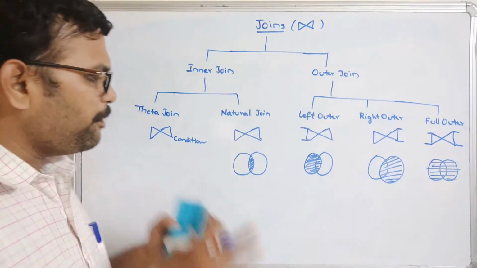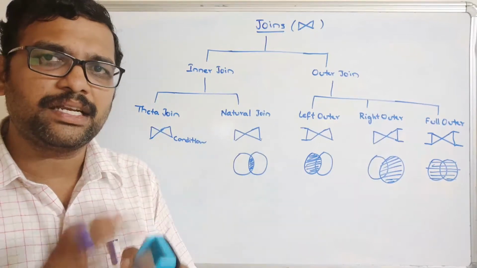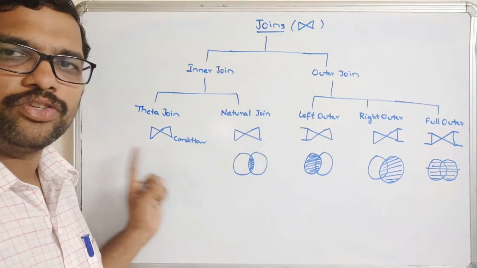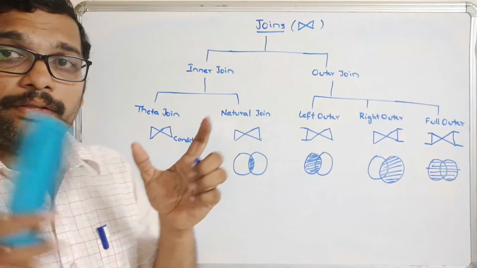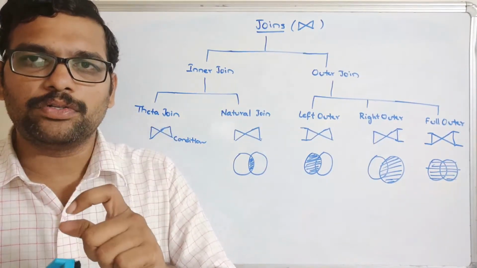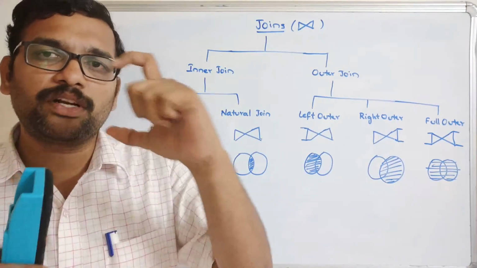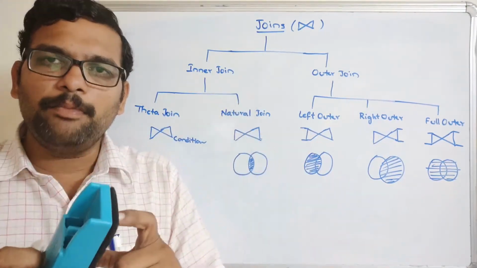Any type of condition, if you want to join two relations based on it, comes under theta join. And in the case where two relations are joined with respect to the common attribute, so both the relations should have the common attribute,